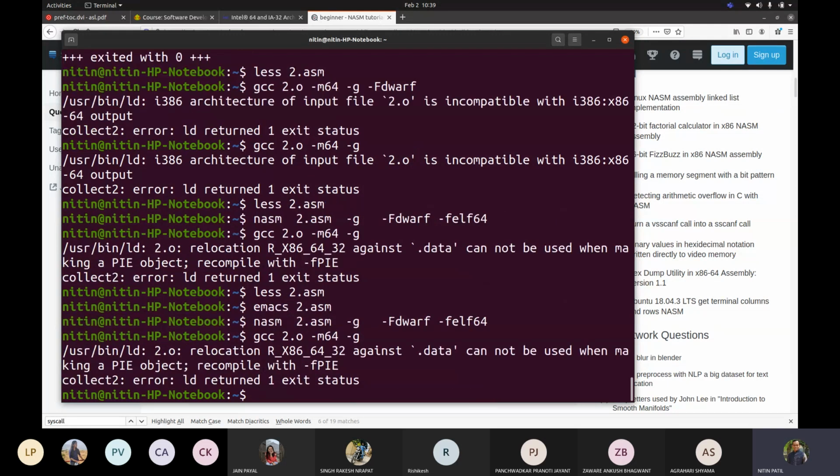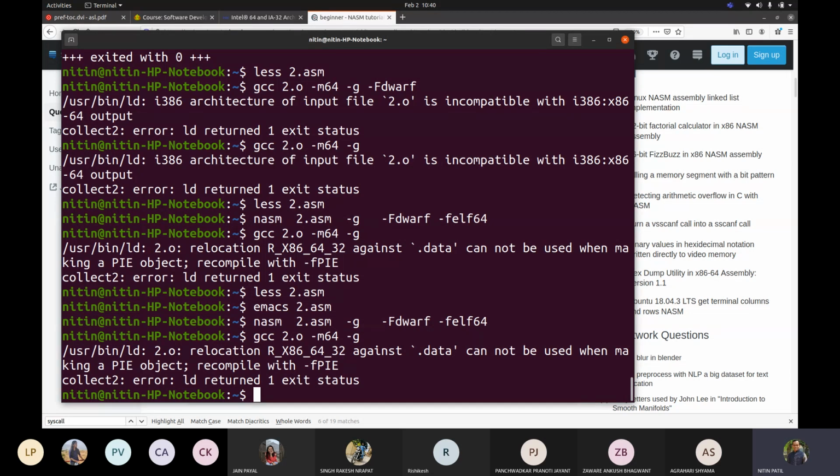Still, if you see what it is trying to tell me: it cannot be used when making a PIE object, position independent executable. When I'm trying to generate it, it is giving me an error.